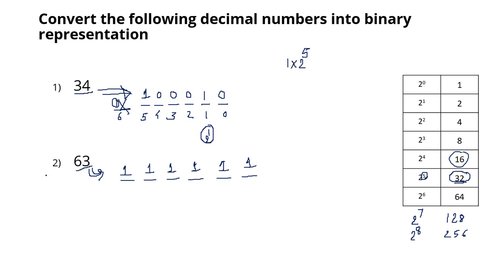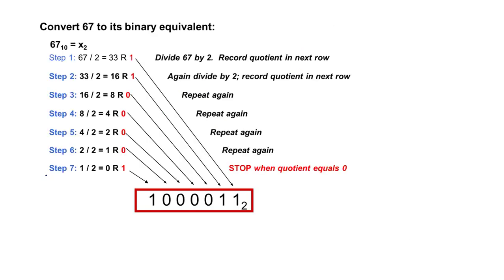I have shown you how you have converted decimal into binary, but people can use a method like this also. For example, I have to convert, let's say, 67 into binary. 67 is given in decimal like this. What you are doing is dividing. This is the basic method, but we have not followed that; I'm just showing you that you can do it like this. If you want to convert into binary, you have to divide by 2. If I want to convert into octal, I have to divide by 8. If I want to convert into hexadecimal, I have to divide by 16.